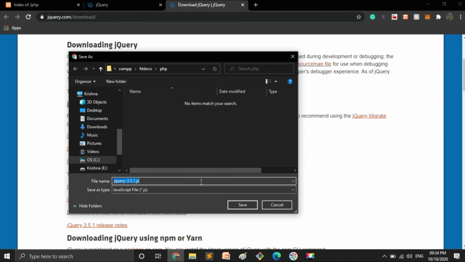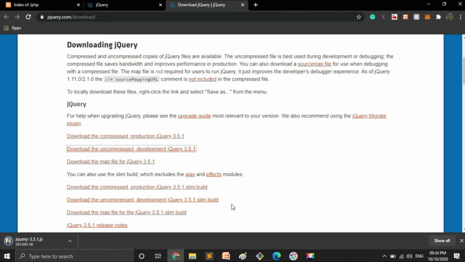Now you can save this file anywhere in your system. It's your choice where to place this. I am placing this file into the PHP folder where I am saving all my files so that I can give a very short and simple path in my code. So I am clicking on Save. It's in XAMPP, htdocs and the PHP folder. It's a very small file, of 281 KB. It will be downloaded very fast. Now what we need to do is,